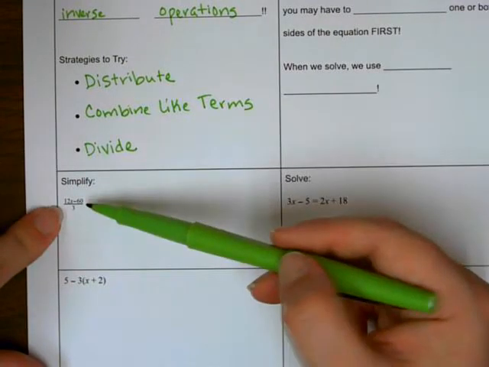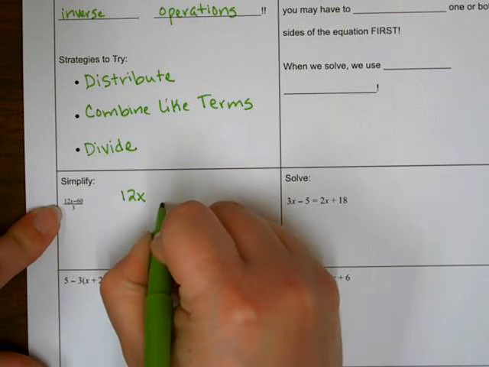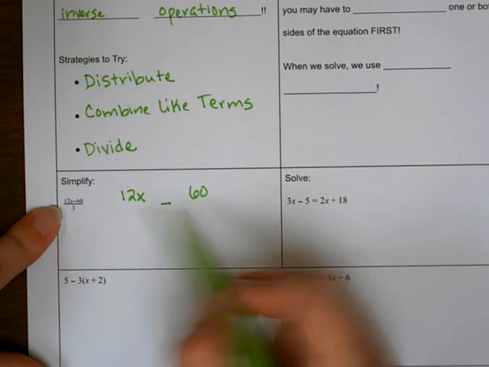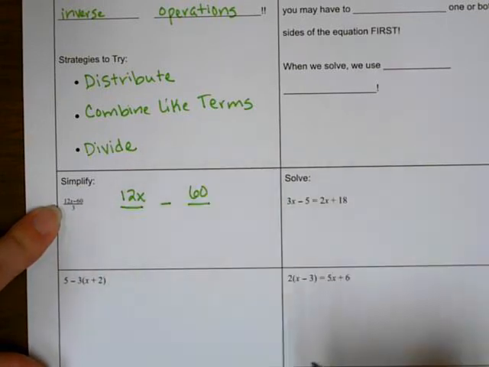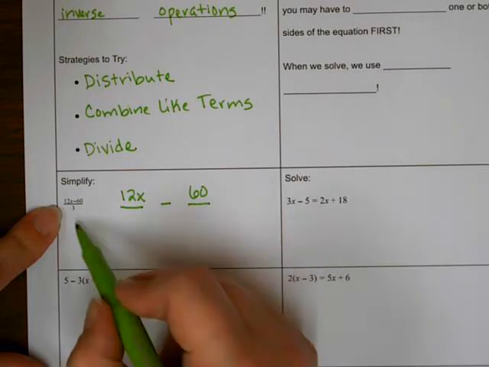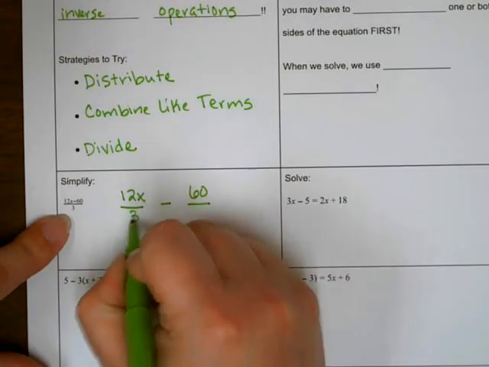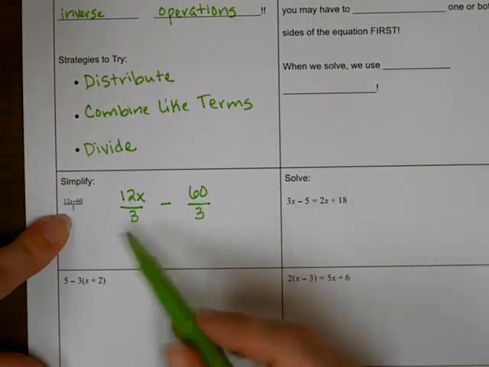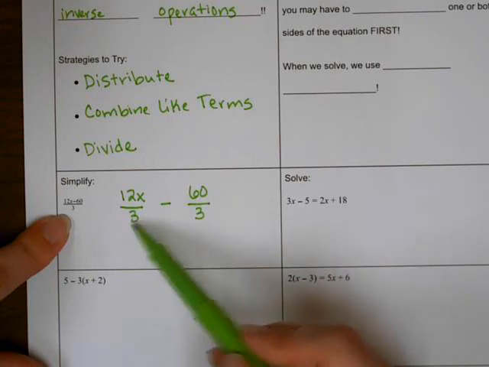top of our fraction. So in this case, we've got 12x, and then it's minus 60. And we're literally taking the top of the fraction and we're spreading it out. And we're going to make two separate fractions. The denominator, or the bottom of our fraction, is going to be the same on both of them. It's going to be 3. So that's kind of the strategy I use. I take the top and I separate it out, and then I just make the bottom the same on both